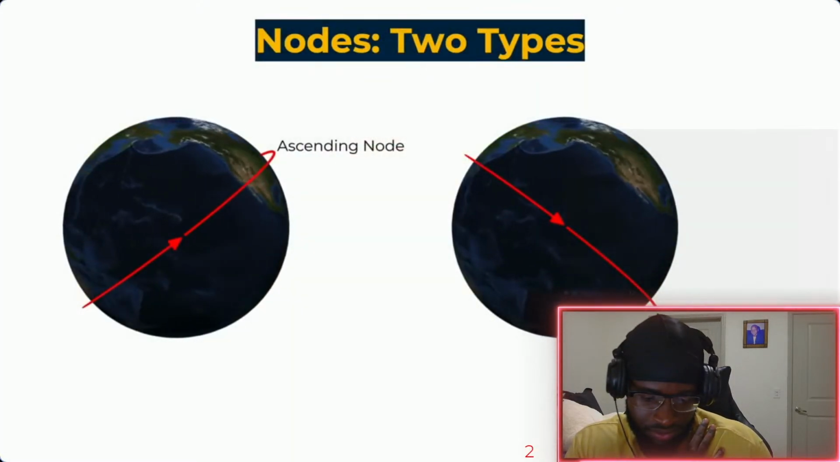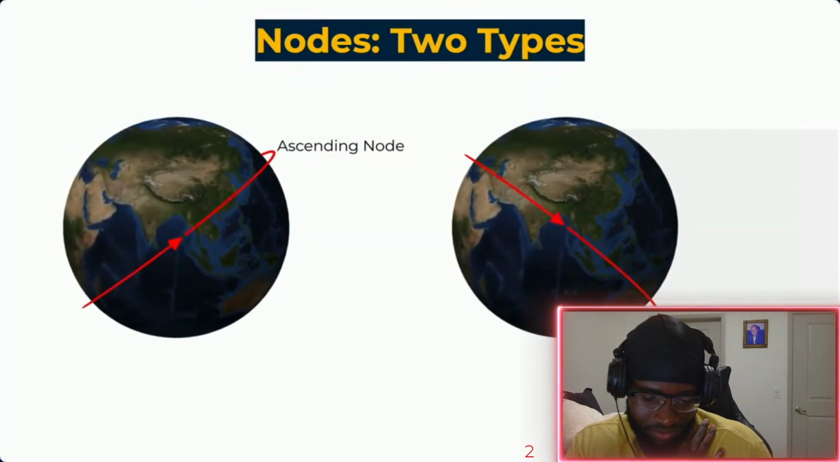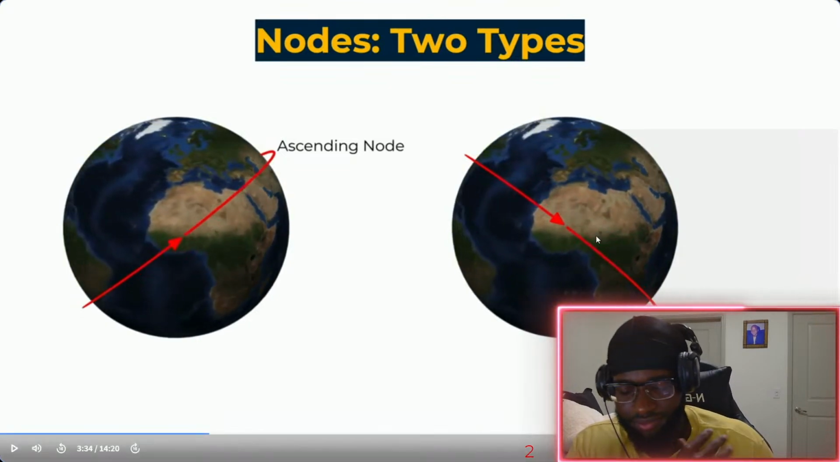When we talk about the definitions of some of these things, we have what's called the ascending node, which is as the satellite is going from the south to the north, and then when